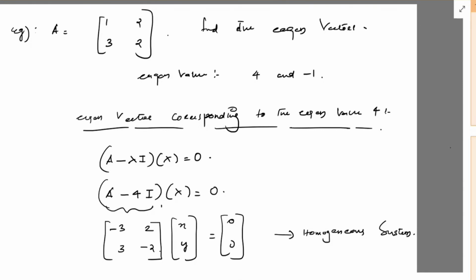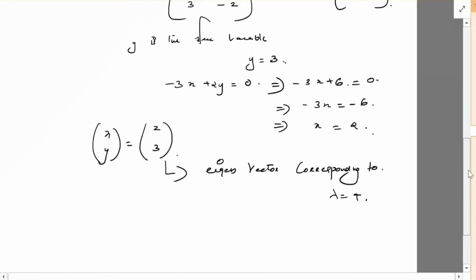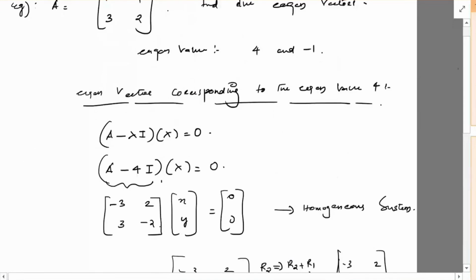Once you find the eigenvalues, corresponding to each eigenvalue we can find the eigenvectors by solving the homogeneous system (A minus lambda I) x equal to 0. We can find the solution by reducing it into echelon form, find the free variables, and substitute arbitrary values into the free variables. You will get a vector, and that vector will be the eigenvector corresponding to that eigenvalue. Okay. Have you understood it?